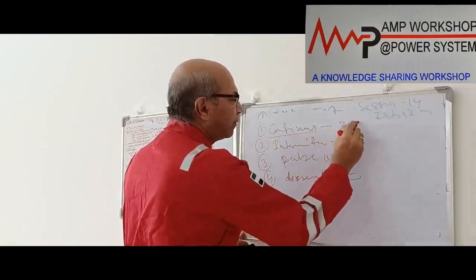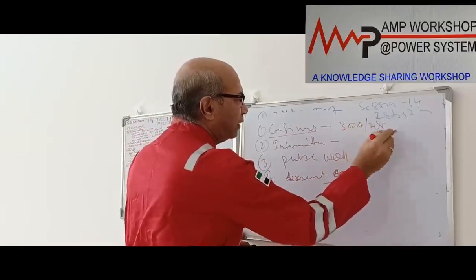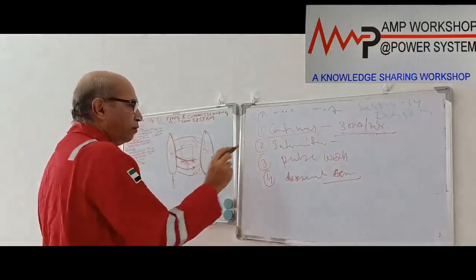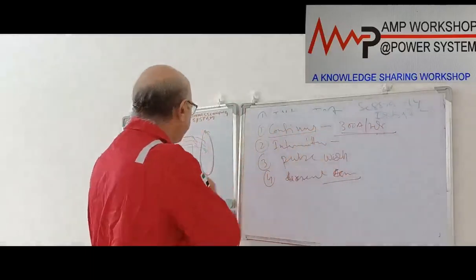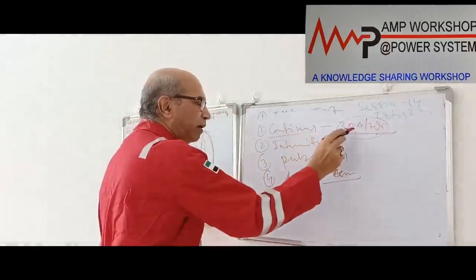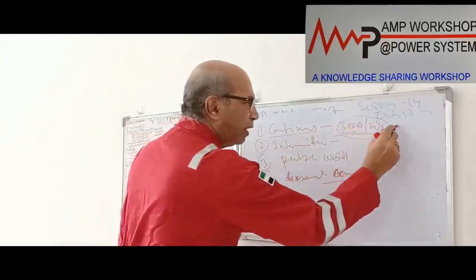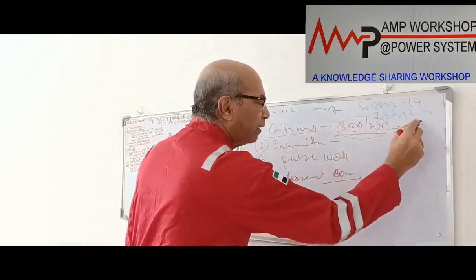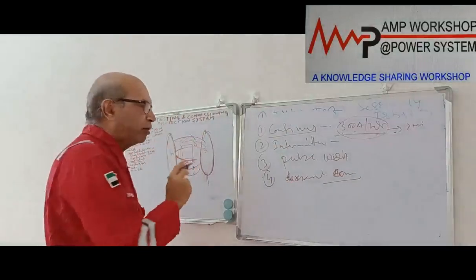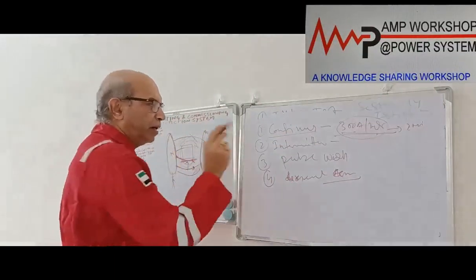In this case, 300 ampere per meter is the strength of the magnetic field we create over here. We send 300 ampere current per meter of the conductor length. That is a measure of how the magnetic field is created. In that field, continuously for at least 2 minutes, we create this, and inside the relay will be rotating continuously and it should not maloperate. That is the first test.